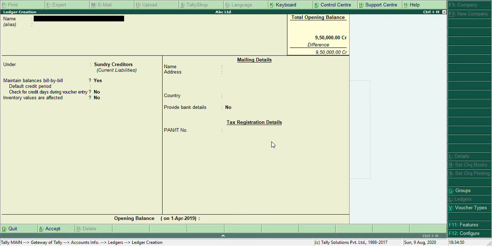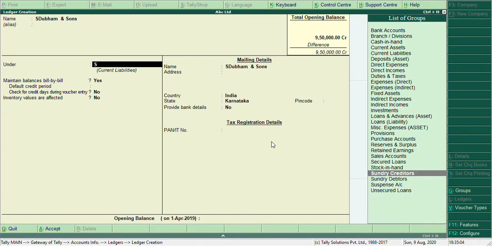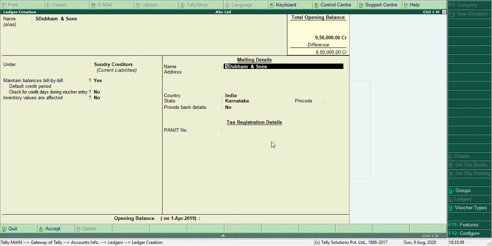Next ledger we will create is Shubham and Son under the group of sundry creditors. Again here also, maintain balances bill by bill will be yes.